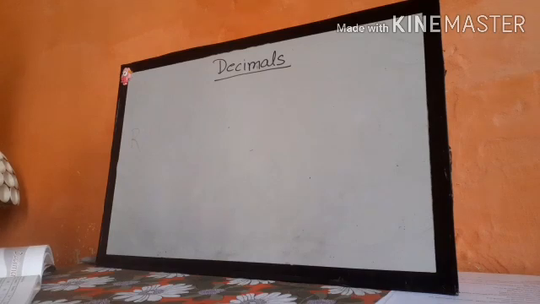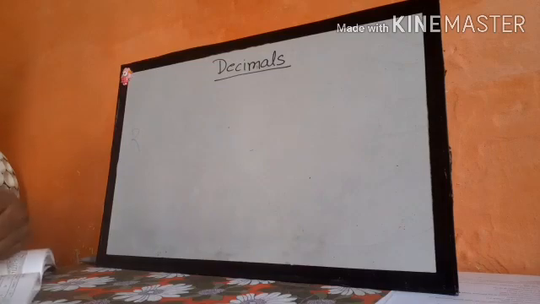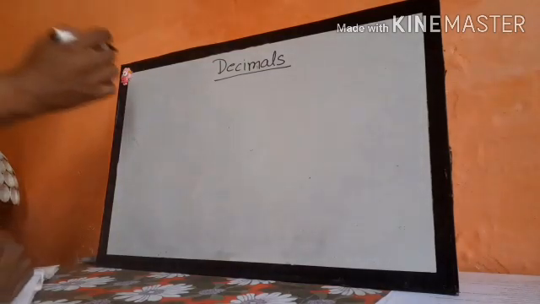Now, today we are going to enhance our knowledge with a few extra pieces of information related to decimals. But before starting decimals, let's talk about a few other things that are necessary for decimals. In the previous chapter, students, we learned about fractions. We learned two kinds of fractions: proper and improper, like and unlike. There is one more kind of fraction that is known as the decimal fraction.